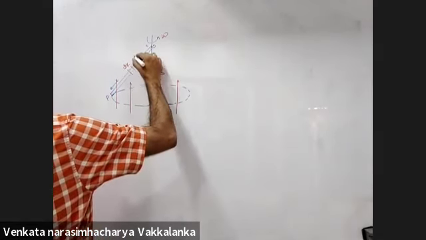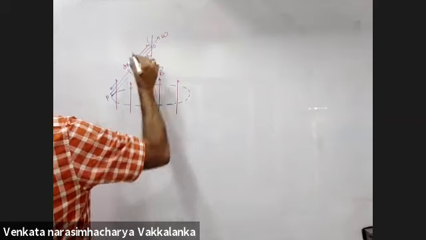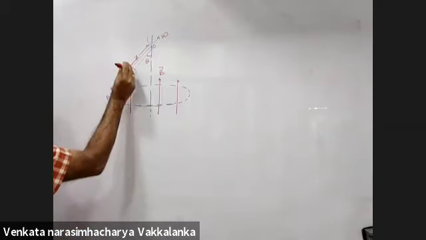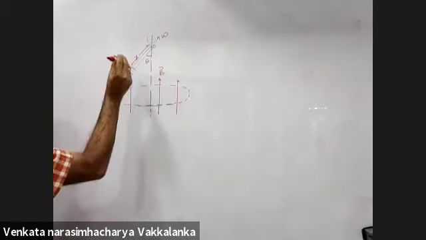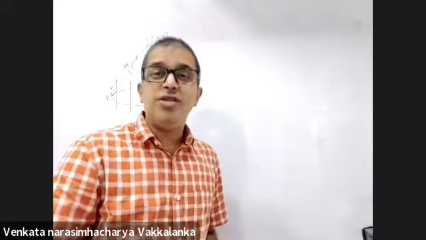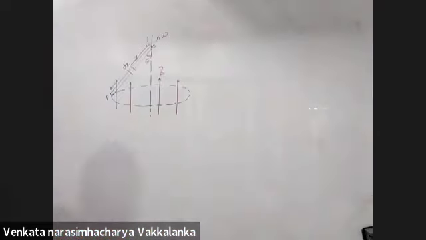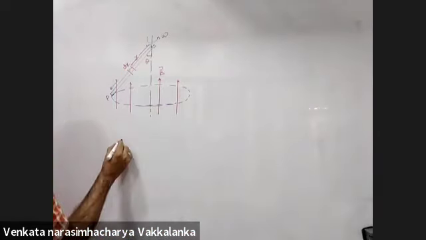Consider an element dx at a distance of x. Velocity is perpendicularly out of the board. Magnetic field is in the plane of the board. So velocity and magnetic field are perpendicular. In BLV, what is it that you need to take care of? All three should be mutually perpendicular. Here, L is not perpendicular to the magnetic field. V is perpendicular to the magnetic field. You have to resolve this length L.